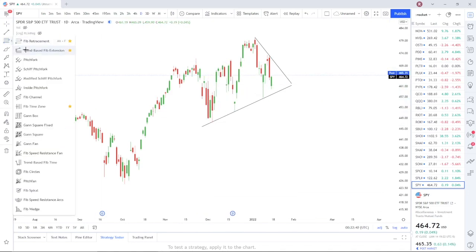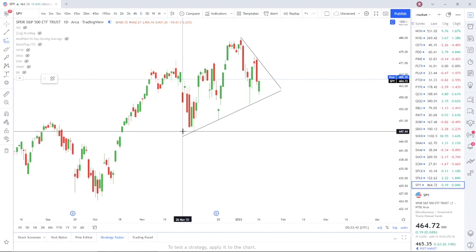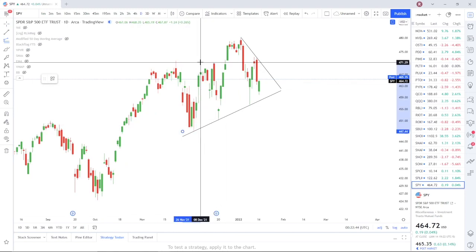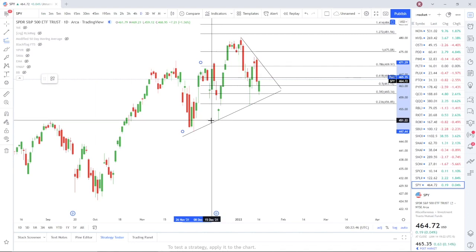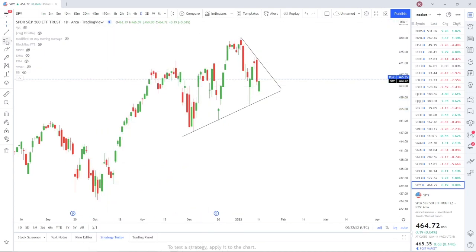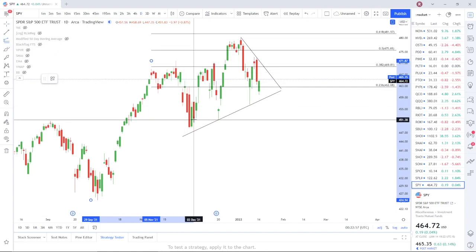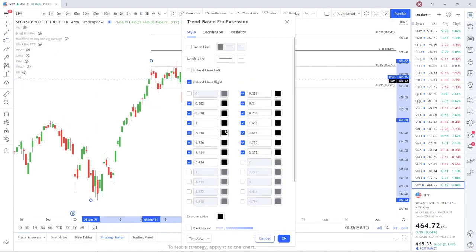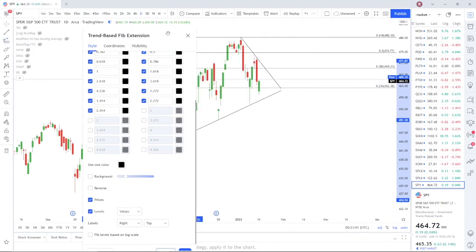We can then apply a trend-based extension to this higher low that it made, because it didn't break. Let me fix that. It's the wrong one. Sorry. Don't want to do that. I have to make sure it's that. Yeah. So